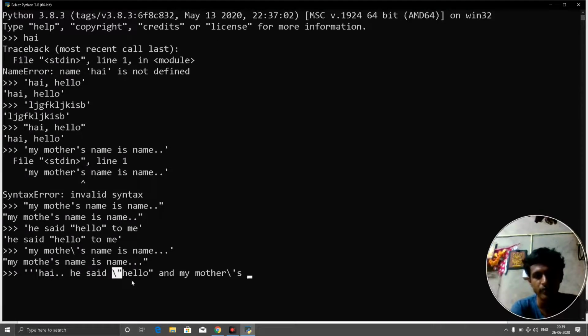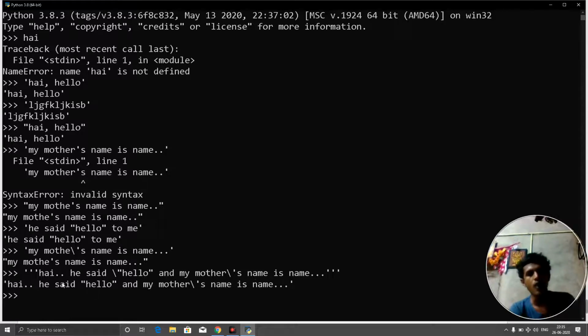For writing, at the starting only we need to write like this. After the end of our word, we can simply close it, no need to put this special character again. Now I will write my mother's name is something. Then I will close this with 3 single quotes and press enter.